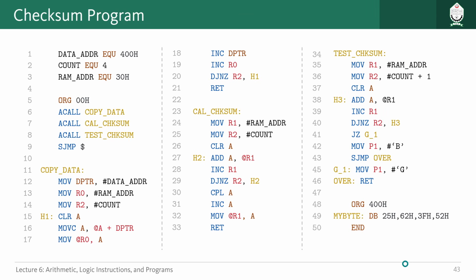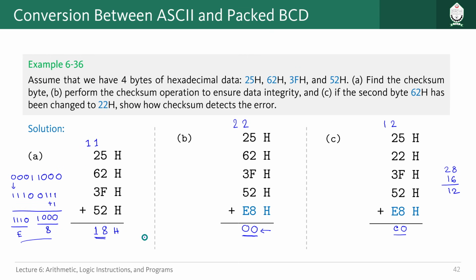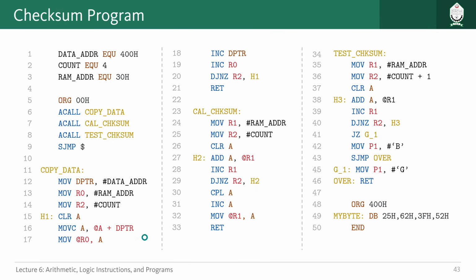At the end of this lecture, here we will try to look at two assembly programs. One of them is the checksum program. So here, whatever we have discussed theoretically in the last page, we will try to implement that in assembly. So in this code, I will try to explain part by part what each part is doing, but before that,